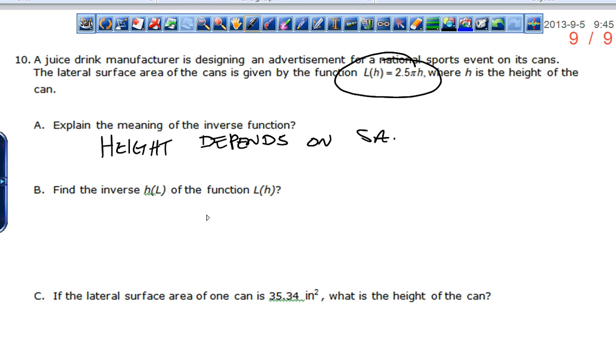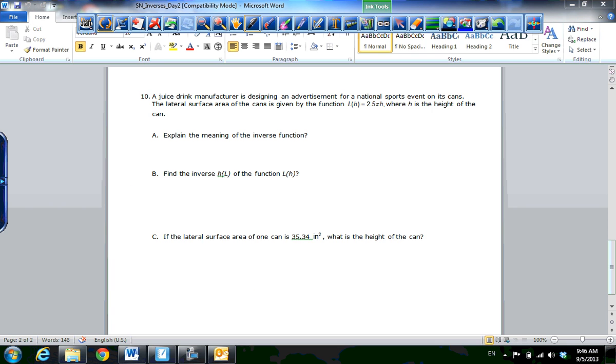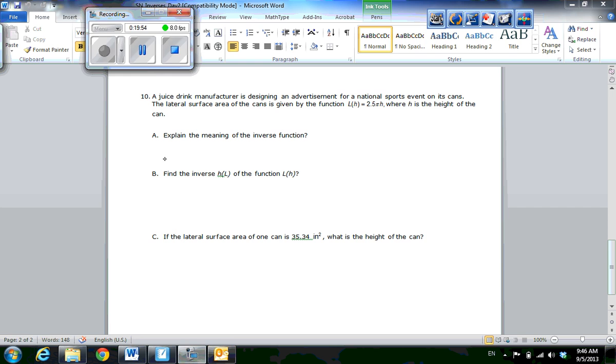To find it, we switch x and y and solve for y. C, we would plug it in and go. For the sake of time, I will not do that now. I want to be sure I get you the homework, which you have a lovely word problem